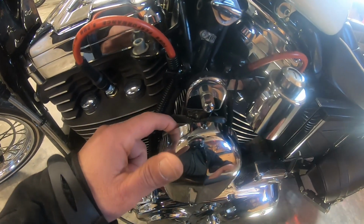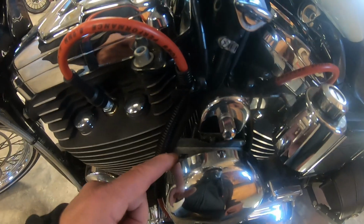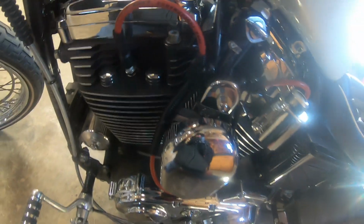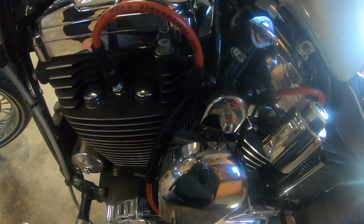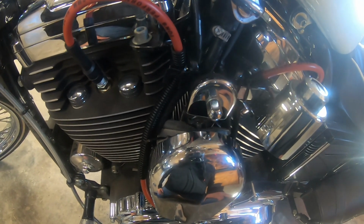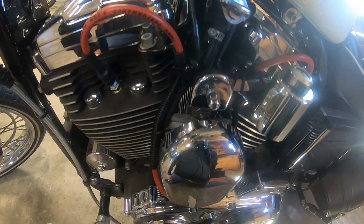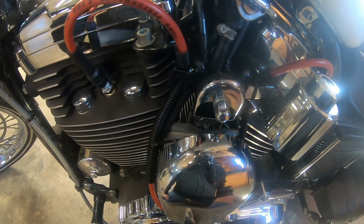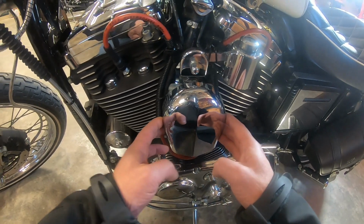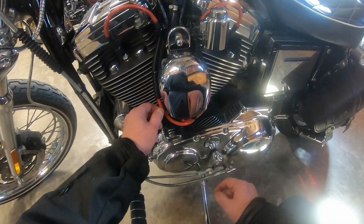the bracket for the horn. And what I did is I got me some longer bolts and used that backing of that exhaust bracket to go across the horn bracket there, and used the original backing plate on the coil, and I was able to mount that inside that horn cover. And as you can see, the plug wires come out the bottom, and I did have to order another